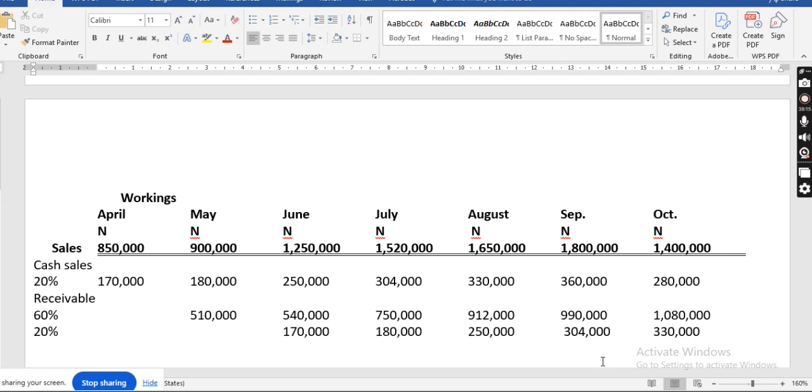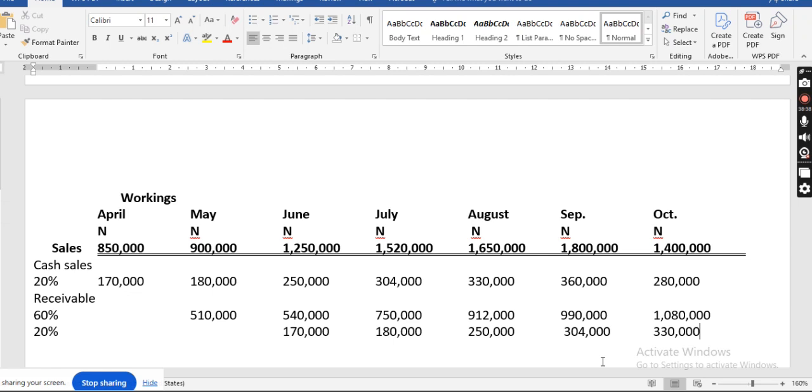So I think we can charge the 20%. Once we charge the 20%, we will now remove the bad debt. Is that not so? Can we do it that way? Hello, class. Can we do it that way? Yes, why can we not remove the bad debt? Yes, sir. We can remove the bad debt and charge whatever is left.